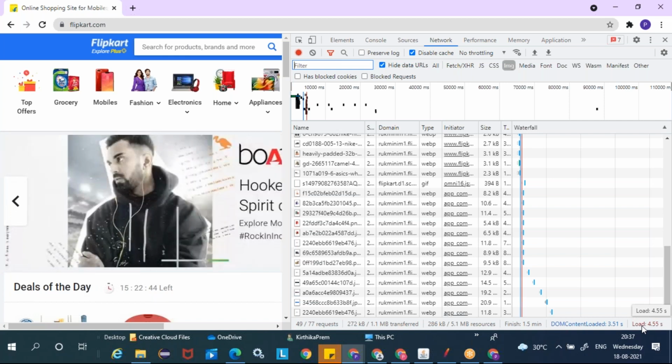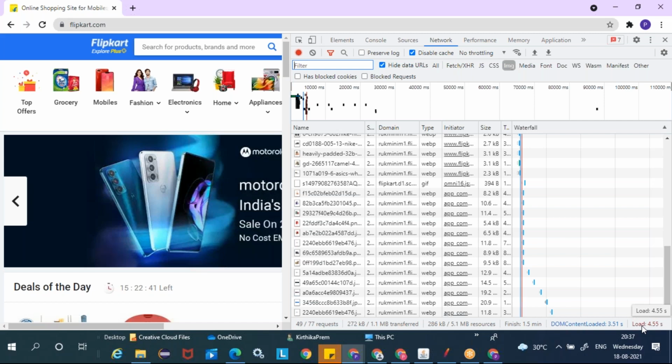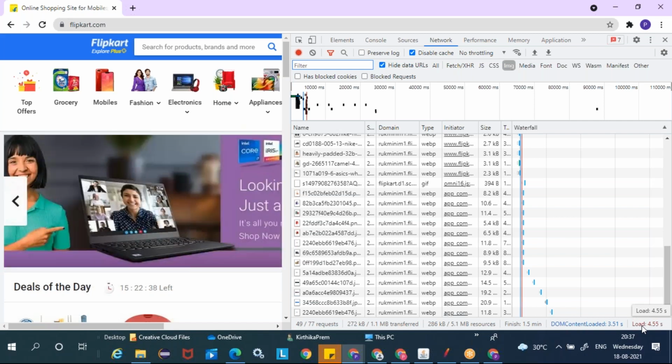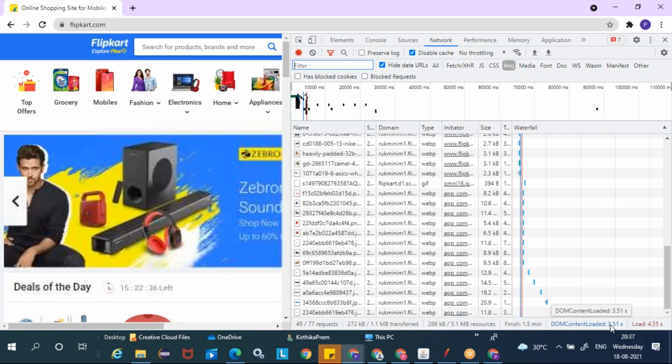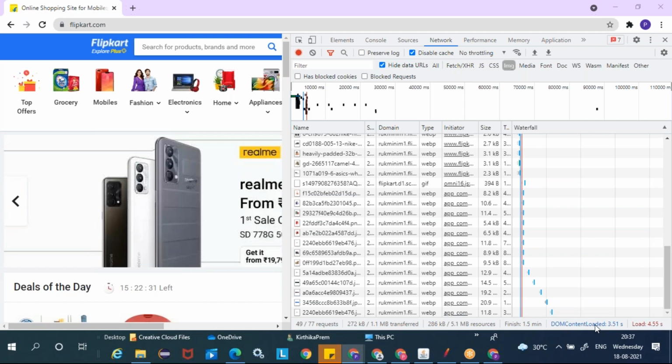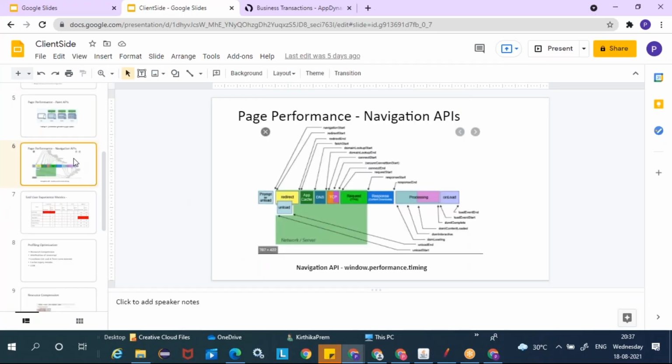This is a load time which you will capture, and then you will be using it in your report. This DOM content load time comes from the navigation API. This API is available in all the browsers, be it Chrome or Firefox or Safari, right? As per the World Wide Web Consortium, this navigation API has to be available in every browser, so that these metrics will be made available for the end user.